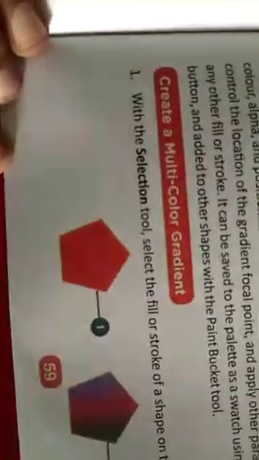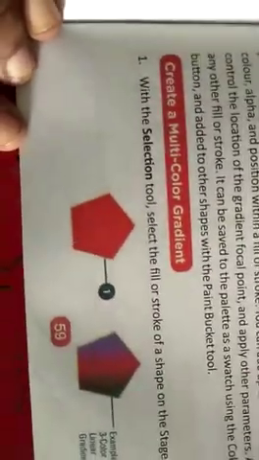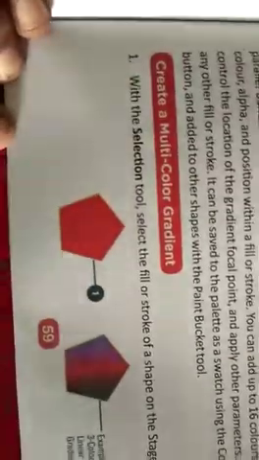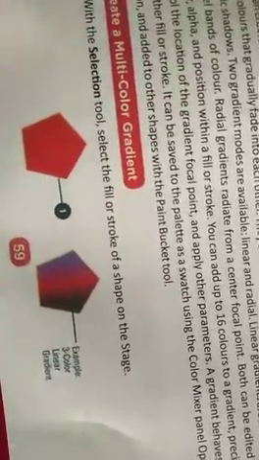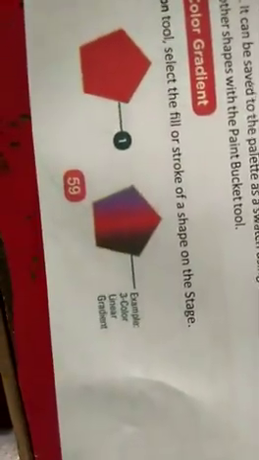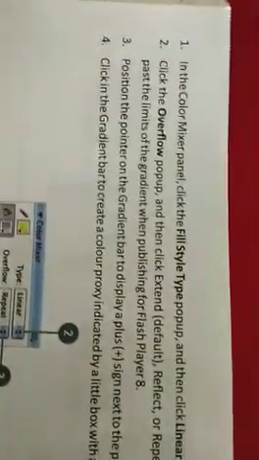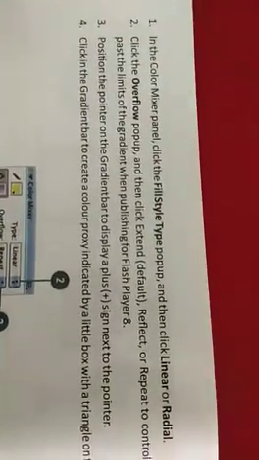Now create a multicolor gradient. Suppose we want a multicolor gradient. With the selection tool, select the fill or stroke of a shape on the stage like this. This is an example of a 3 color linear gradient. You can see the difference. In the color mixer panel, click the fill style type pop up and change linear to radial.